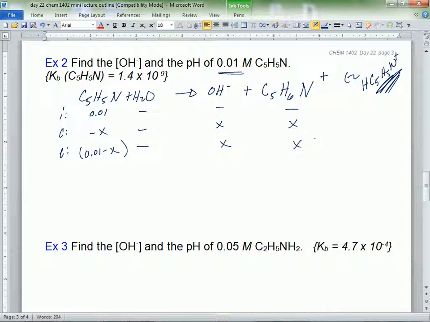So Crystal Munoz, do you remember when we did these Ka reactions, we got our little X, and that was a concentration of H plus or OH minus when we did those Ka reactions. Do you remember? It was the H plus. When you write a Kb reaction, our little X, Erica, is going to be the concentration of